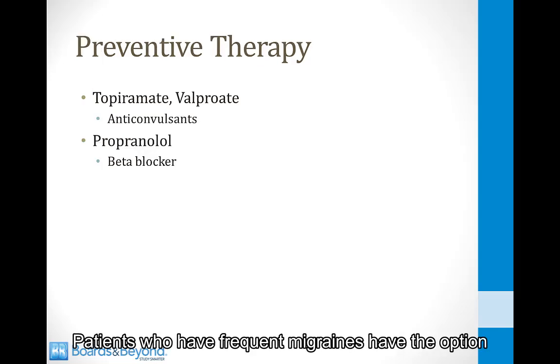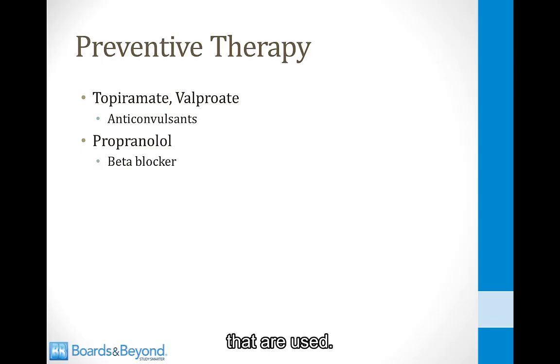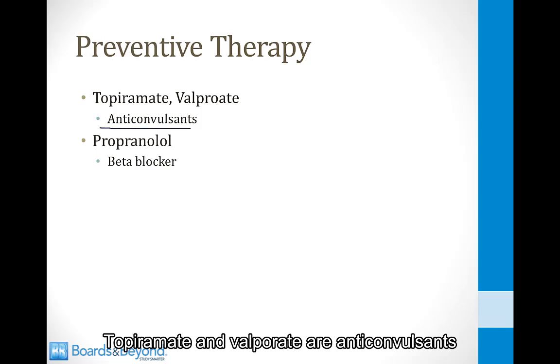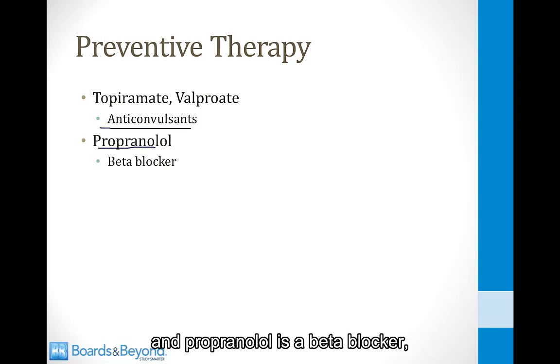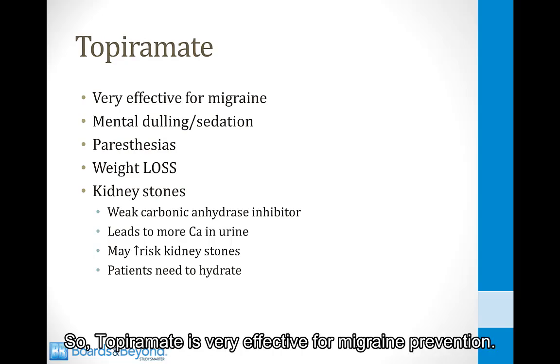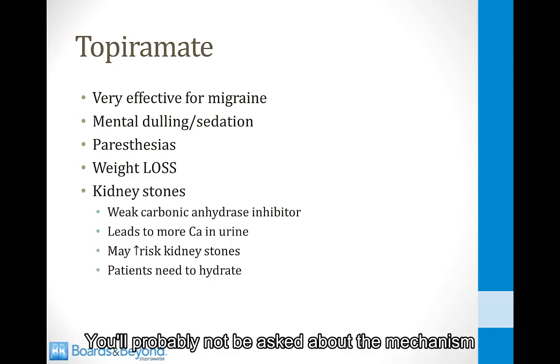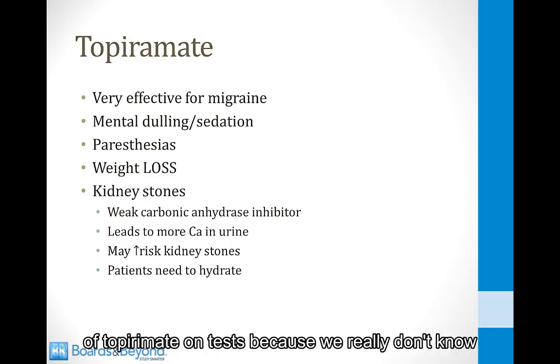Patients who have frequent migraines have the option of going on preventative therapy, and there are 3 drugs that are used. Topiramate and valproate are anticonvulsants, and propranolol is a beta blocker, and let's talk about each one of those. So topiramate is very effective for migraine prevention. The exact mechanism of this drug is not understood. You'll probably not be asked about the mechanism of topiramate on test because we really don't know why it works